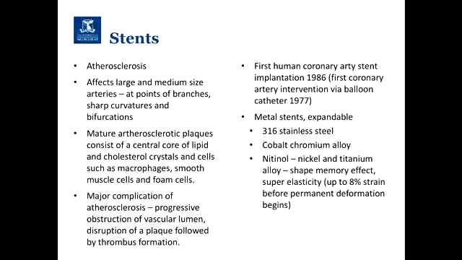So the first report of a human coronary artery stent implantation was in 1986, but this was via a balloon catheter. So rather than putting something in there that was permanent, they took a balloon catheter, expanded the balloon so it pushed the plaque outside, it widened the vessels, so it was able to get normal flow back, but it didn't have something there to keep it open. So whether or not the plaque built back up again, whether or not something had happened to the vessel walls and the muscles were a little bit weaker and it closed. So it was able to keep it open for a little while, but it wasn't permanent.